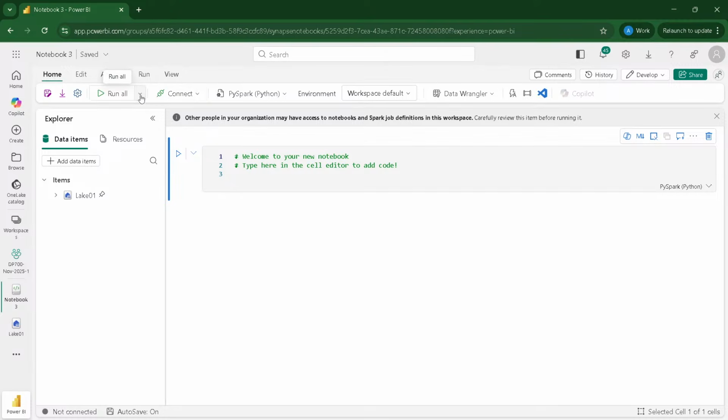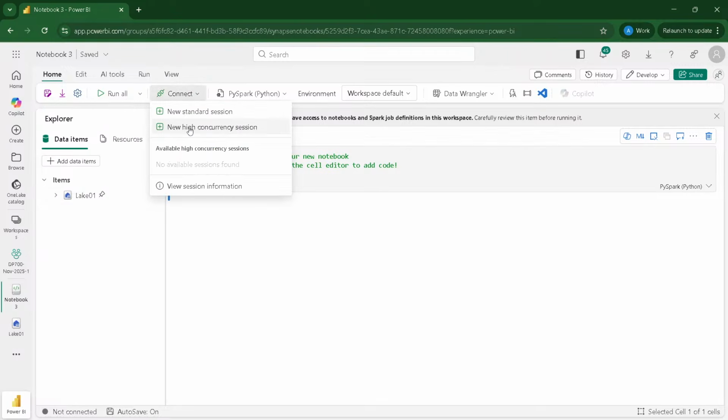Then there are options like run cell above, run cell below, connect, new standard session, and new high concurrency session. For the standard session, all of us are going to use the standard session. For a high concurrency session, you need to be using the same Spark environment, and the sessions need to be run by the same user.